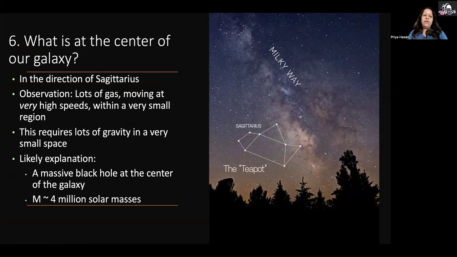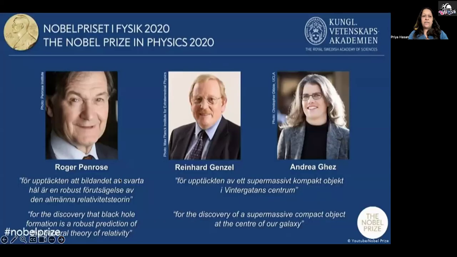But we know that the stars moving near the center of the galaxy move with very large velocities. So you can use plain Kepler's laws to find the mass sitting over there, for which stars move around with such large velocities. It was then discovered that the mass at the center of the galaxy is about 4 million solar masses. In the year 2020,